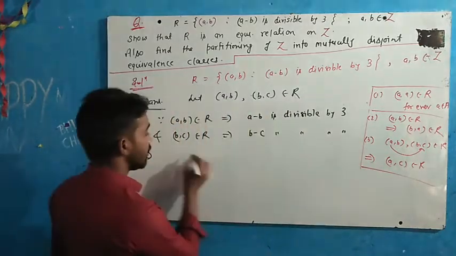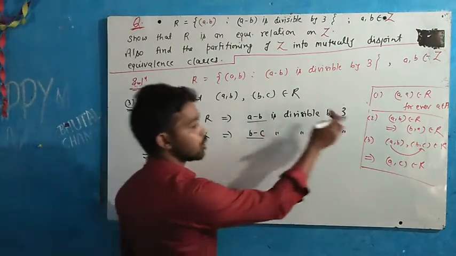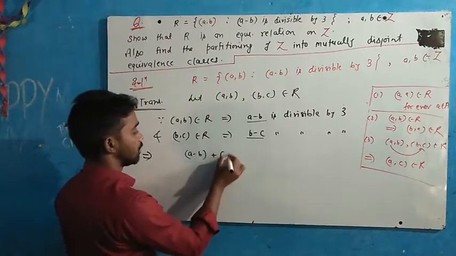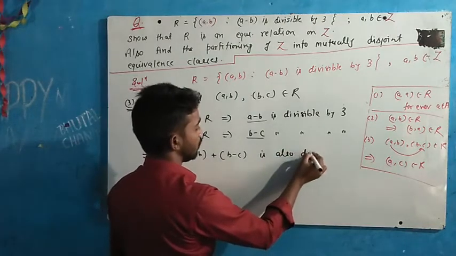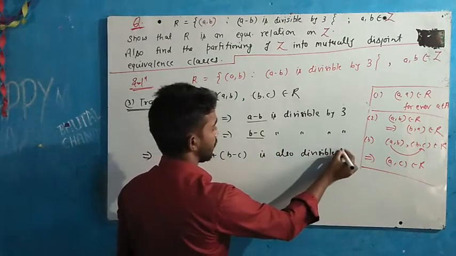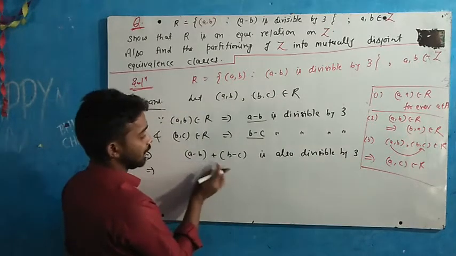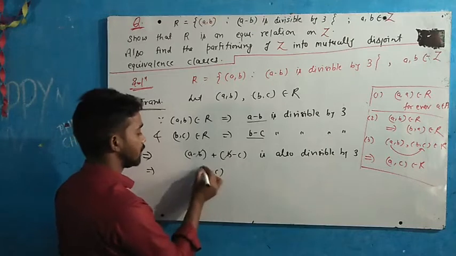So their sum will also be divisible by 3. It means (a minus b) plus (b minus c) is also divisible by 3, and after finding the sum, what do we get? Plus b minus b cancel, a minus c